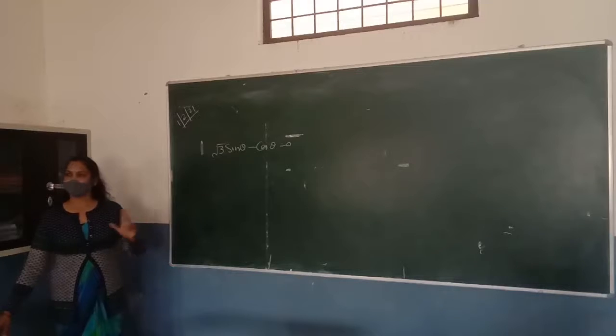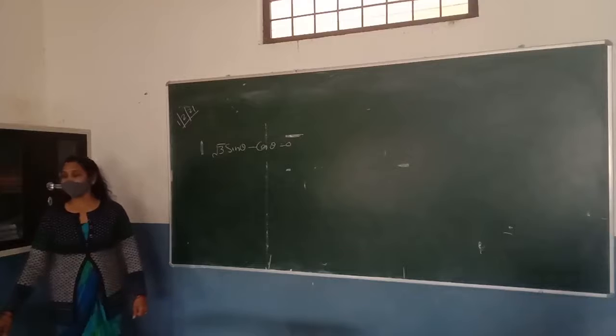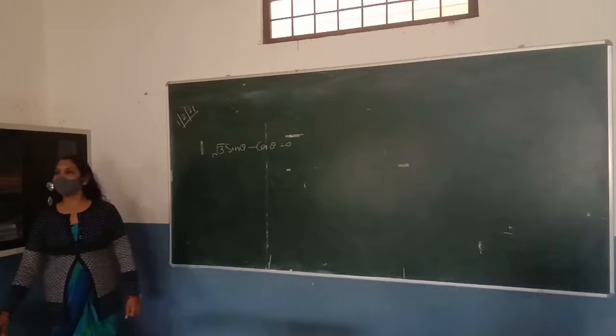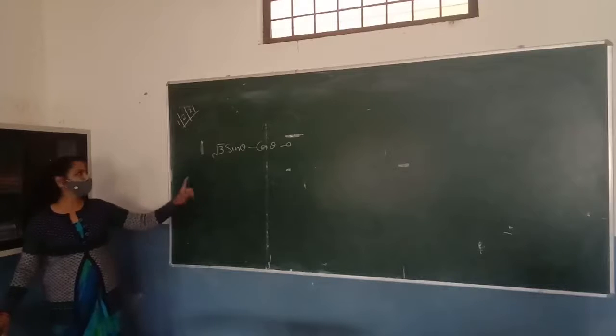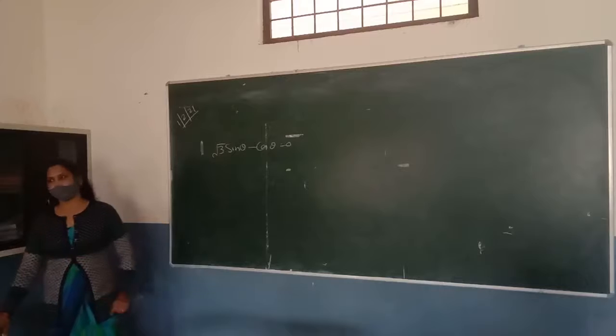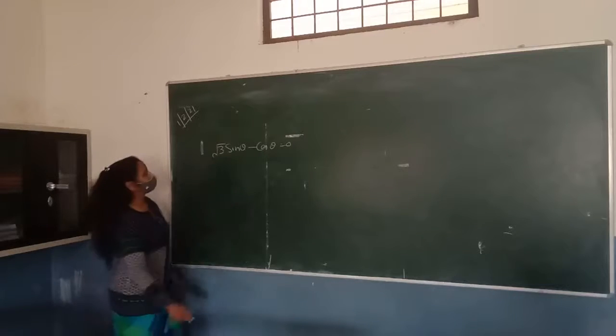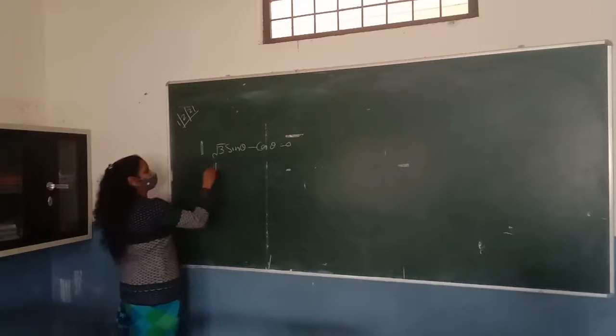Anyone else? Shantanu? We will write cos as 1 upon sin theta. No, cos is not 1 upon sin. Cosec theta is 1 upon sin theta. Sec theta is 1 upon cos theta. The relation between sin and cos is only this: sin square theta plus cos square theta is equal to 1. Okay, sit down.